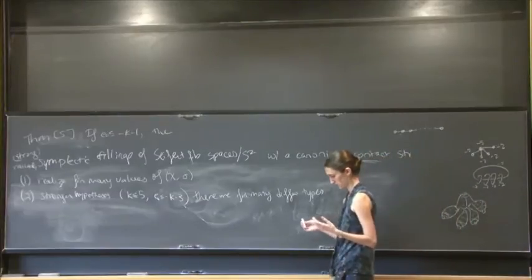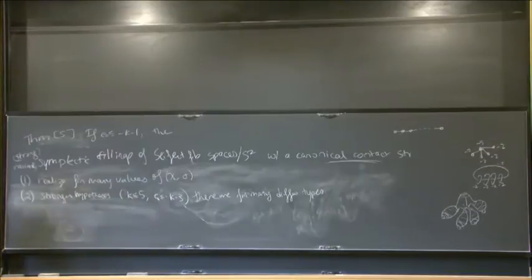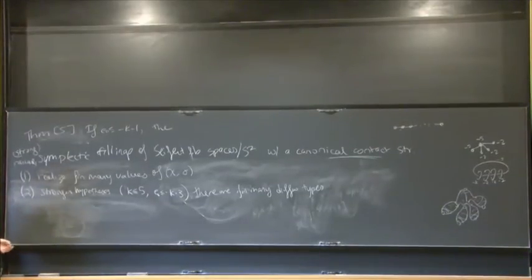And so really the best thing you could ask for in a classification result is to actually list out all of the diffeomorphism types, or maybe up to symplectic deformation. And that's sort of a refinement that I haven't quite achieved yet. But at least for the diffeomorphism types,